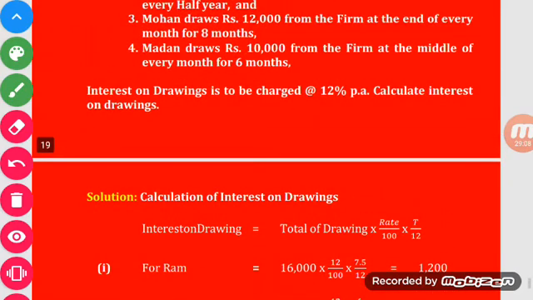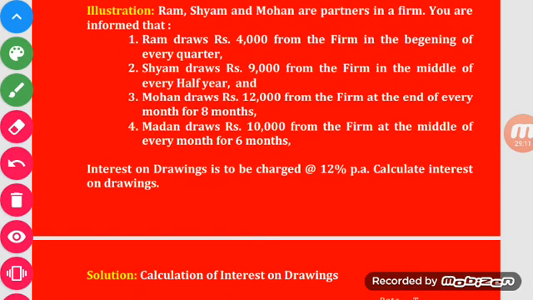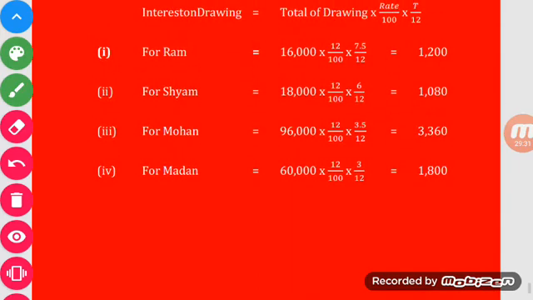time left after first drawing is 7 months, because he is drawing at the end of the month, and time left after last drawing 0 months. 7 plus 0, divided by 2. Average time 3.5 and answer will be 3,360. And for Madan,